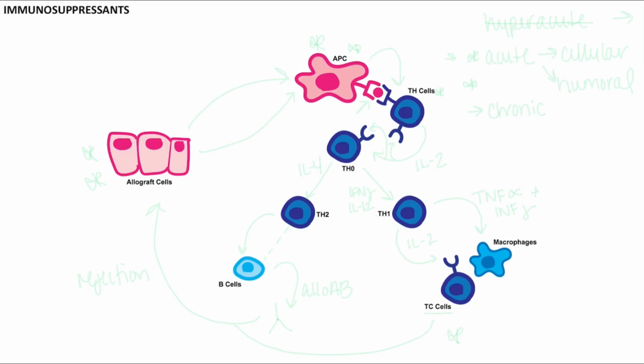So when it comes to organ or allograft transplants, one of the primary goals of therapy is to prevent the body's immune system from recognizing the allograft as foreign and mounting an immune-mediated attack that would lead to allograft rejection. And there are several types of rejection that differ in terms of either time frame or the immune mediators that are involved. So we have hyperacute